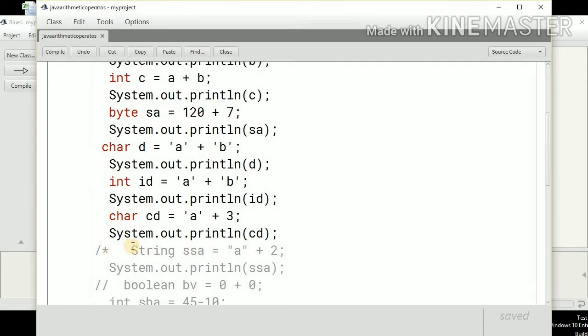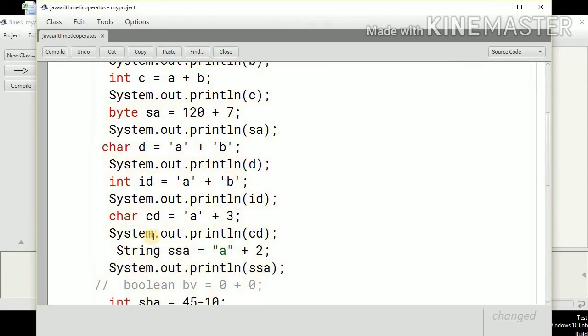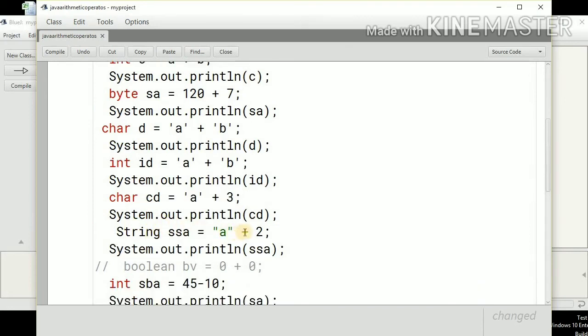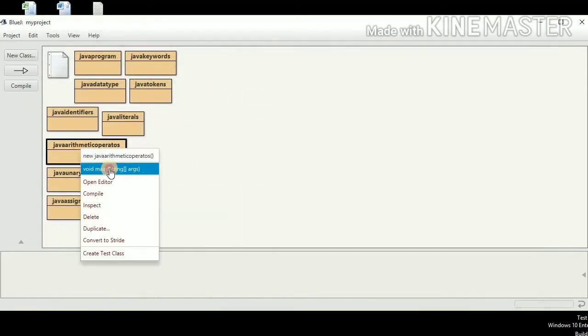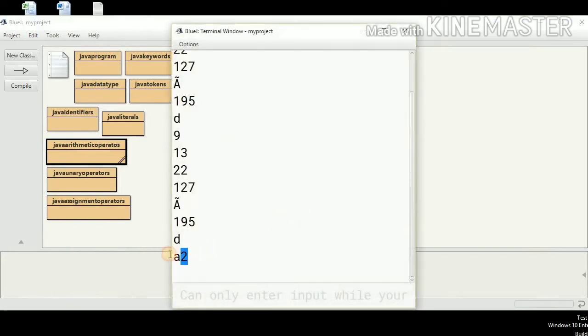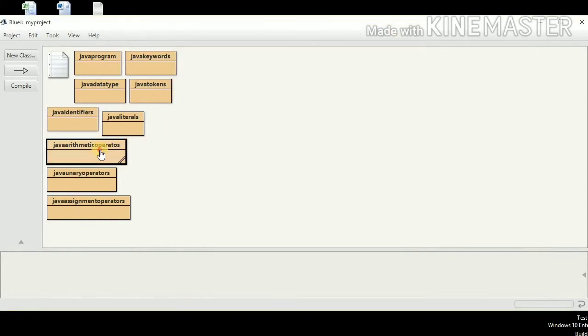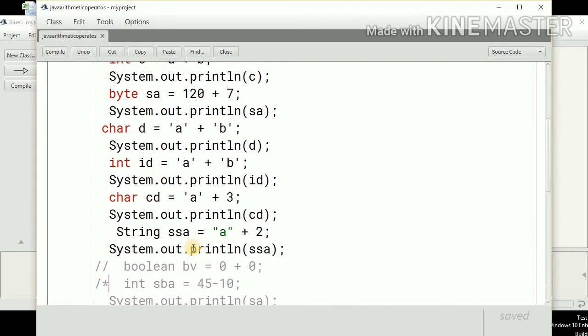Now let's see whether the plus operator can be applied with strings also. Yes, this can also be applied with a string, but now this is not the arithmetic operator. This becomes a concatenation operator. So this is a string A and this is an integer variable 2. So now we have used the concatenated values of this A and 2, so this should be A2. Let's see what is the output of this addition. So the addition of one string literal and one integer literal. Yes, this is A2. So in the case of a string, the plus will behave as a concatenation operator.